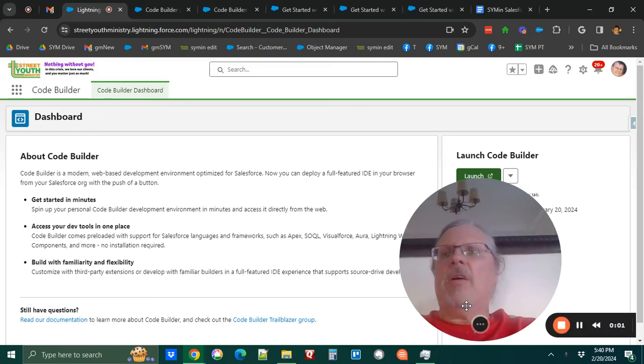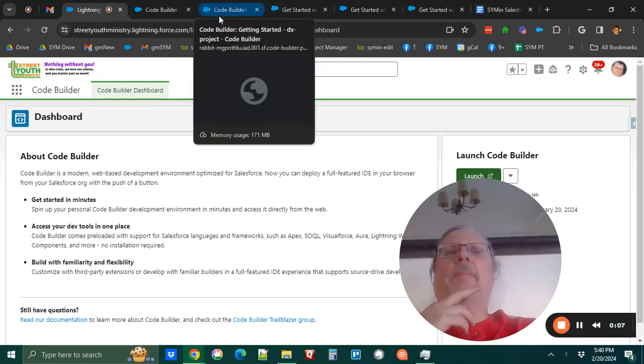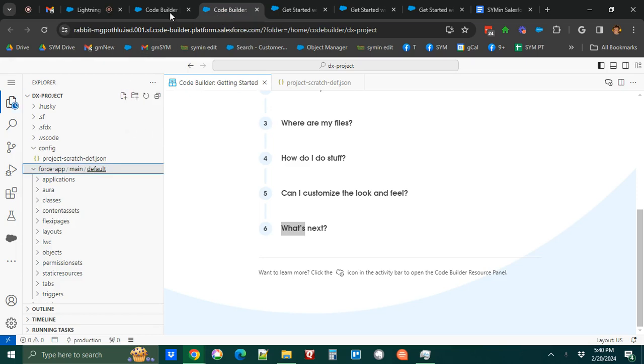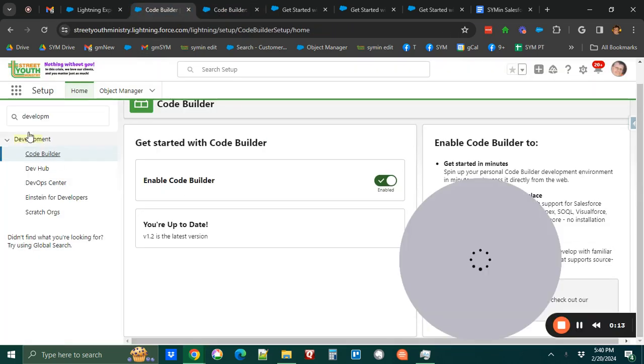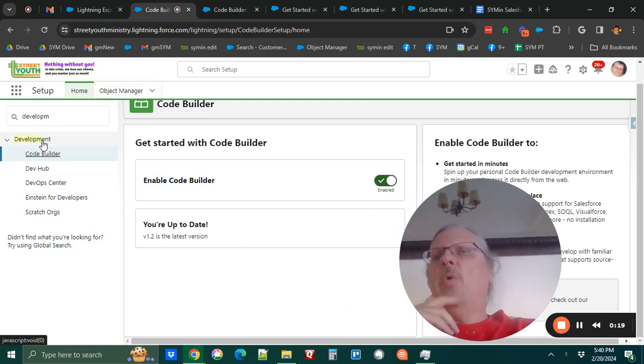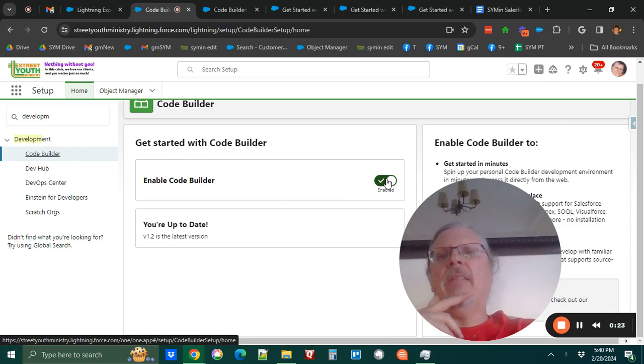Hello, this is Terry Cole, and I am going to show you how I am using CodeBuilder to do metadata backup as an admin. CodeBuilder is something you can find inside your settings. If you have enterprise, you can search for development, and there's CodeBuilder, and you have to click this to enable,